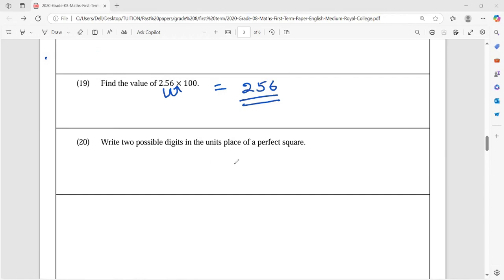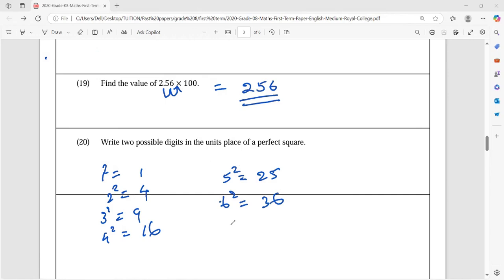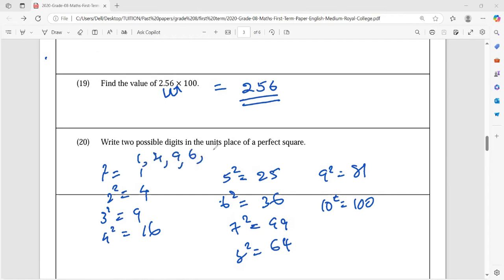Write 2 possible digits in the unit place of a perfect square. If it is a perfect square, the possible digits may be, I will go with an explanation. 1 squared is 1 into 1, 1. 2 squared is 2 into 2 is 4. 3 squared is 9. 4 squared is 16. 5 squared is 25. 6 squared is 36. 7 squared is 49. 8 squared is 64. 9 squared is 81. 10 squared is 100. So, possible digits are 1, 4, 9, 6, 5,